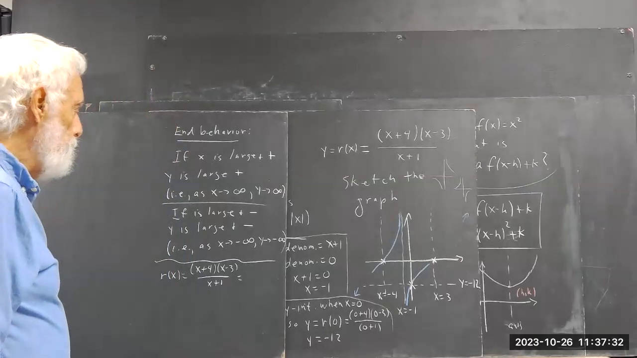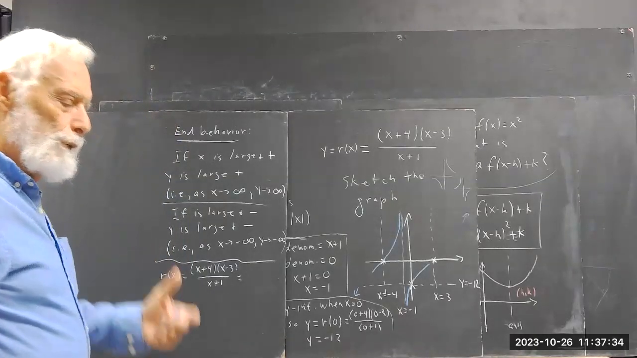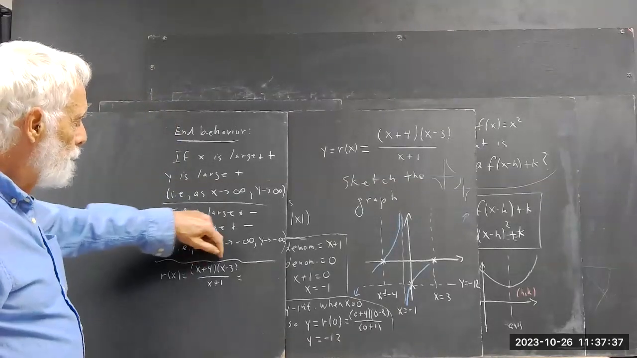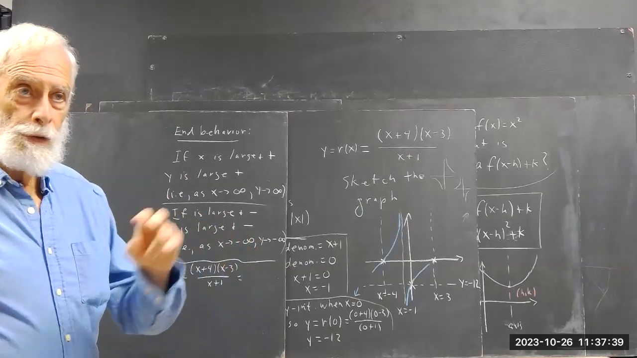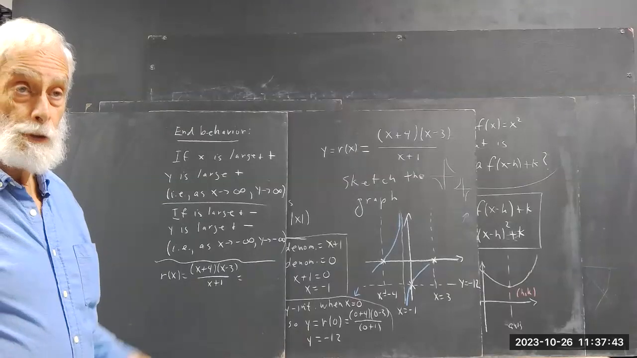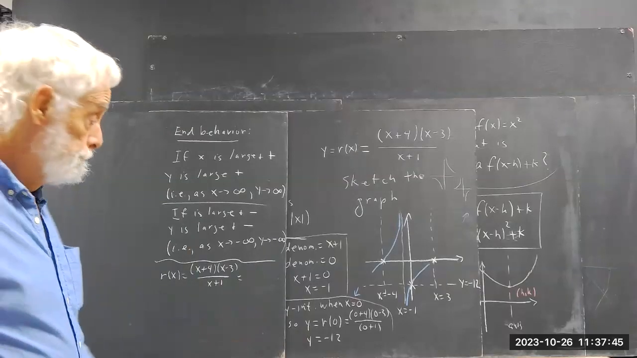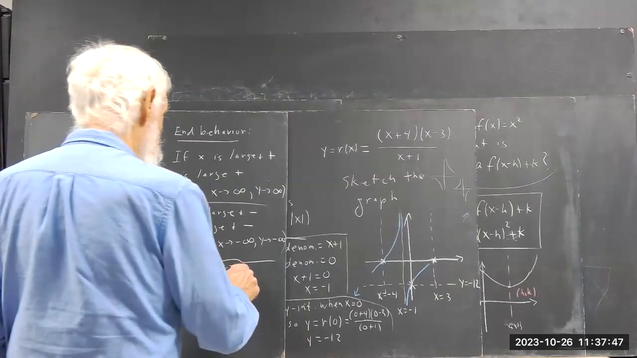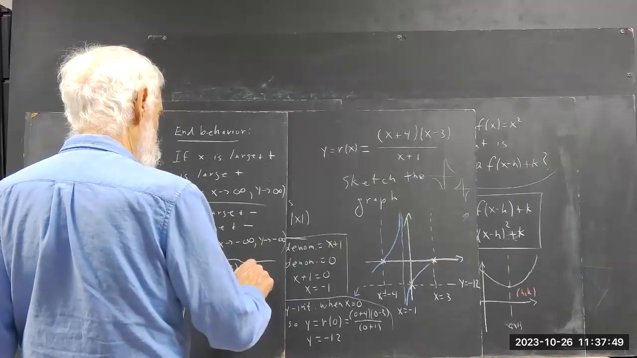To figure that out, now the rule is when the degree of the numerator is 1 greater than the degree of the denominator, you want to do a long division because you're going to get a slant asymptote. And we see how this works out. We saw it last time, but let's